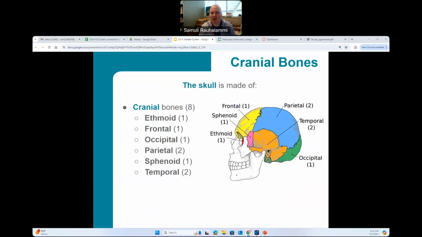So let's have a look at the cranial bones, and there's going to be 8 in total for us to discuss. And we're going to start with our ethmoid bone. I was just looking to see if I happened to have one easily available, but I don't have one on my desk at the moment. So the ethmoid bone really forms part of the base and boundaries of the eye socket on both sides. And within this